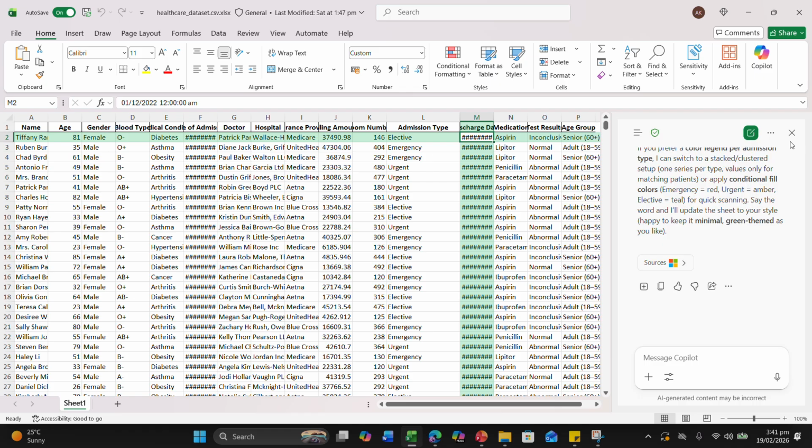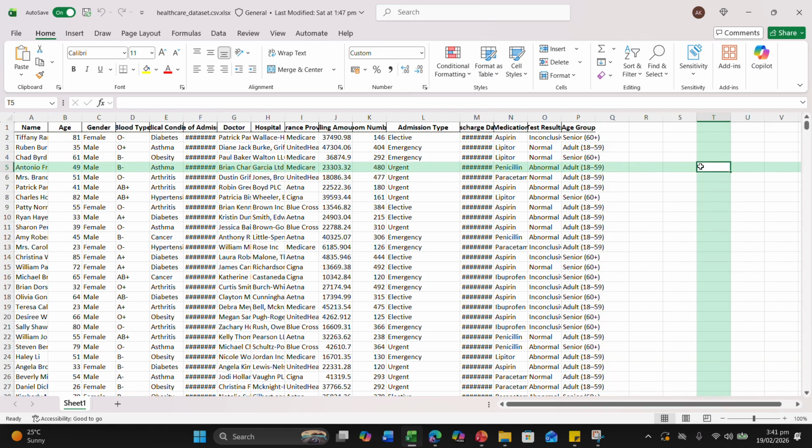So you can see that the file is open in Excel. Now before starting to work on the Excel, I have told you that you have to ensure two things. One is that the autosave button should be turned on, and you can see that the autosave button here is turned on. So now I can use the Copilot